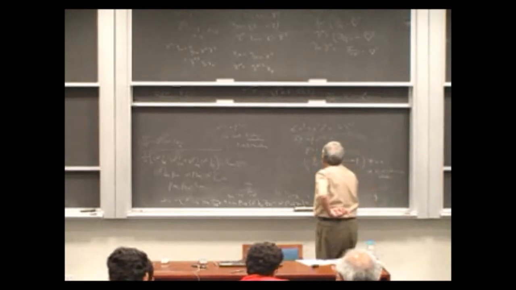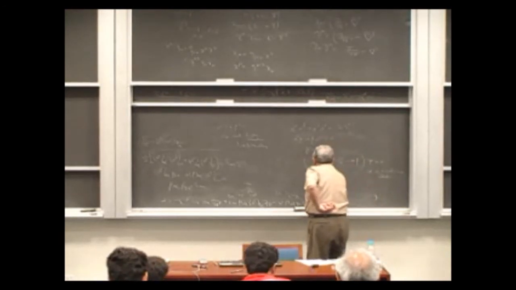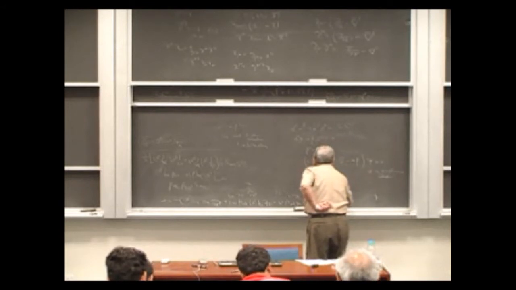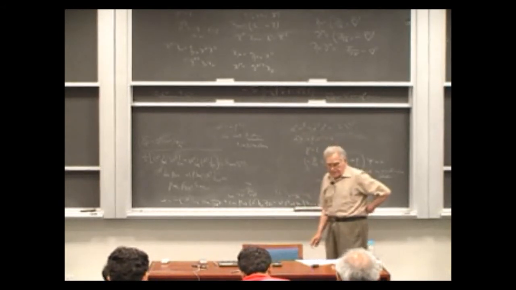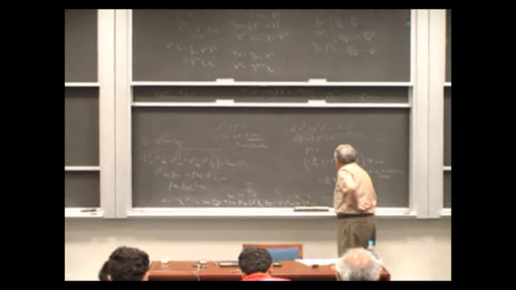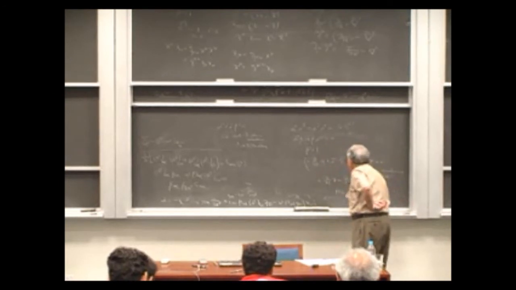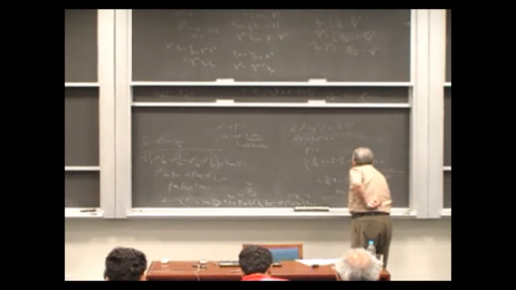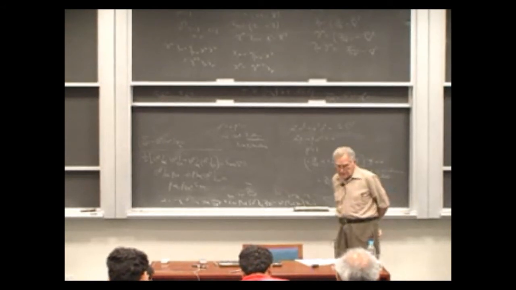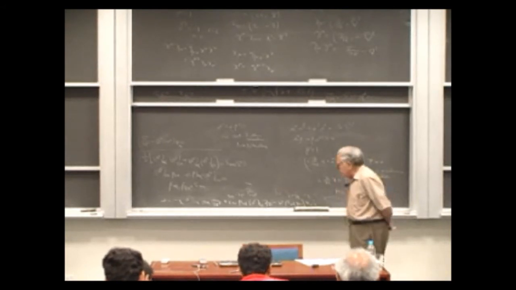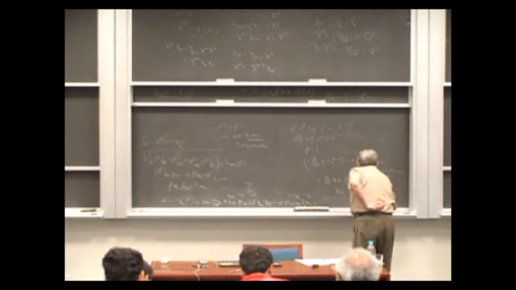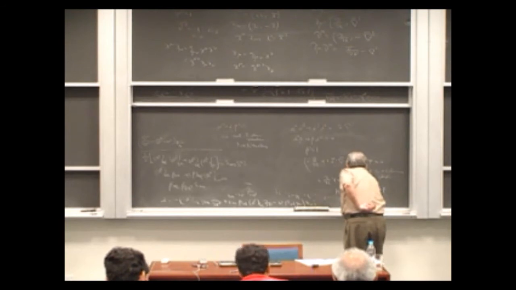So I can write this equation now as i d psi by dt equal to H psi, where H, the Hamiltonian, is now equal to minus i alpha dot the gradient operator plus beta m. If you want to write it in terms of the momentum operator,